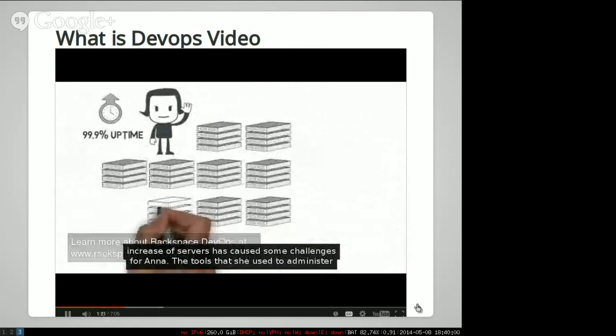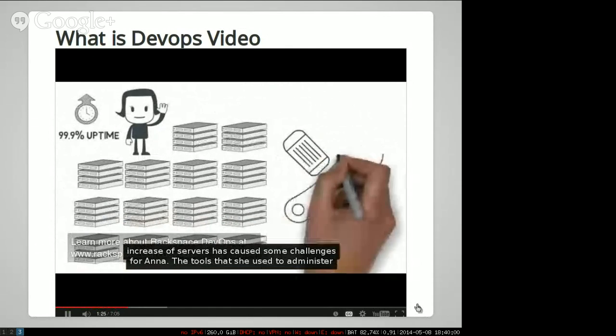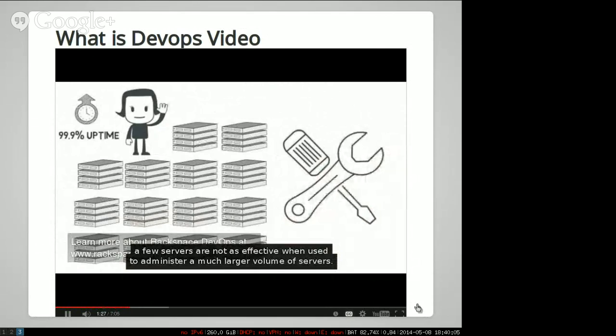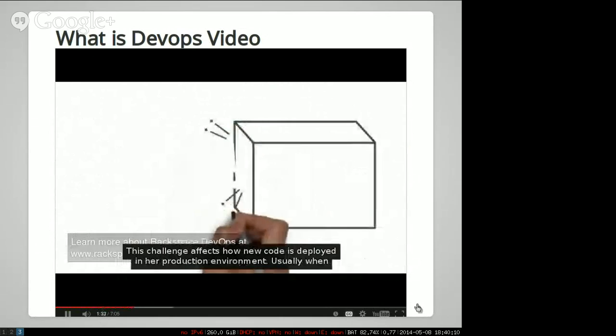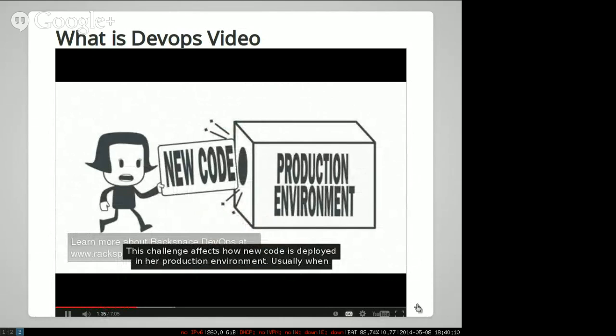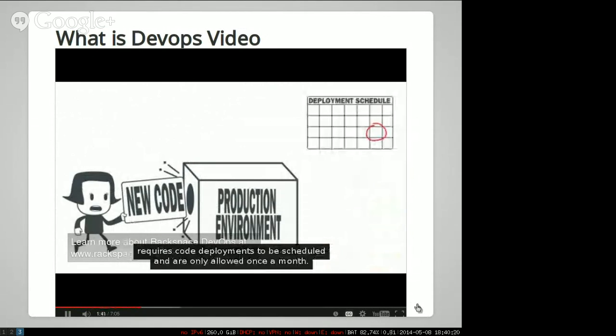This increase of servers has caused some challenges for Anna. The tools that she used to administer a few servers are not as effective when used to administer a much larger volume of servers. This challenge affects how new code is deployed in her production environment. Usually, when new code is released, it takes a little massaging to fit in the production environment. This is why she requires code deployments to be scheduled and are only allowed once